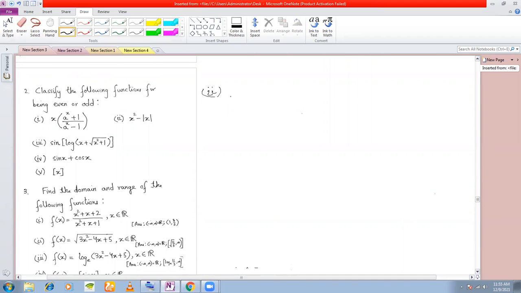Second question, if you see here, we have f(x) is equal to x square minus mod x. Now, from the definition of mod x, we can remove the mod if we determine the values of f(x) in intervals. So if x is positive, then mod x will be equal to x. Let's put 0 also, because even if x is equal to 0, mod x will still be x. So x square minus x, if x is greater than or equal to 0.